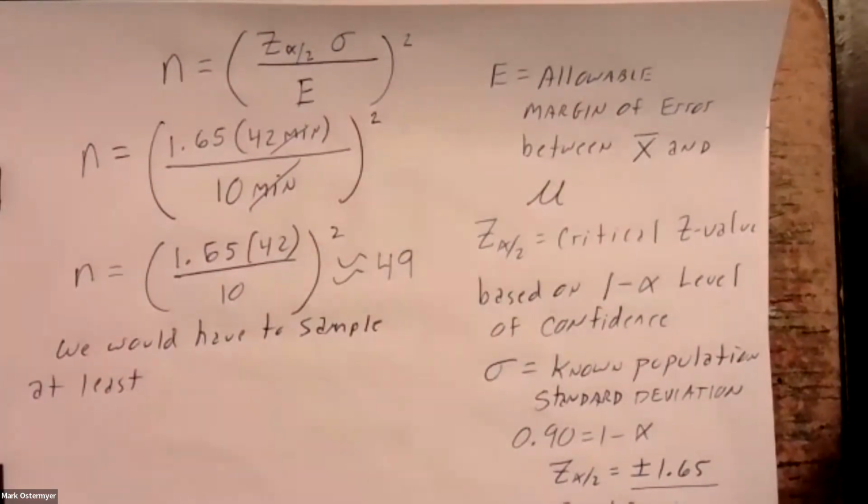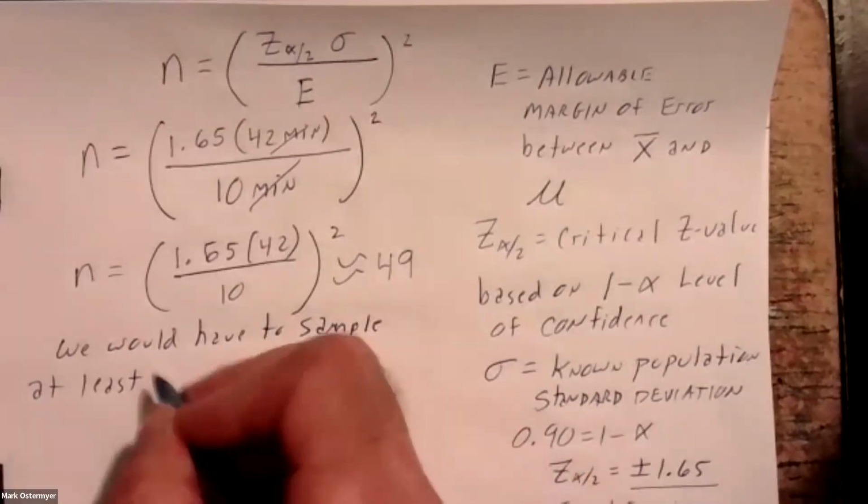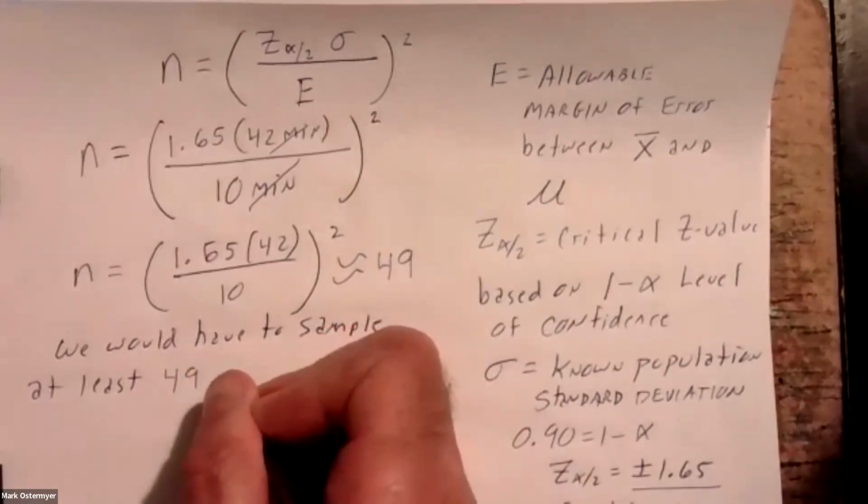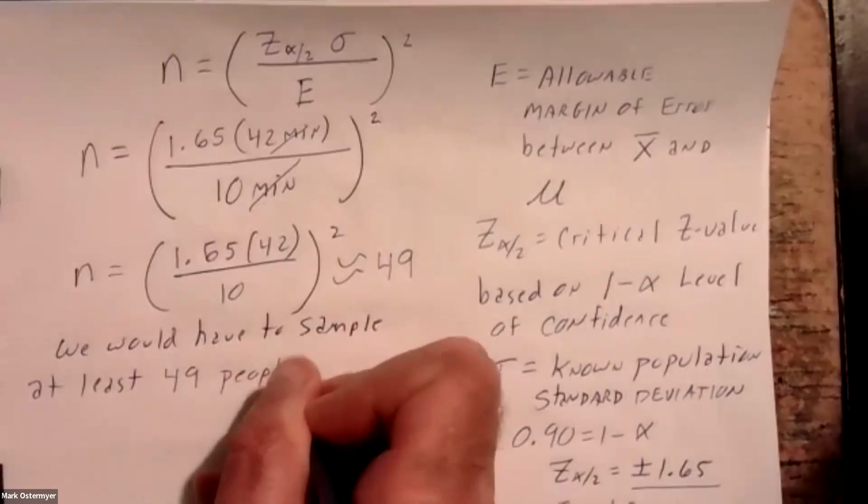I forgot. Hold on a second. Oh yeah, watching the internet. Okay, here. We would have to sample at least 49 people